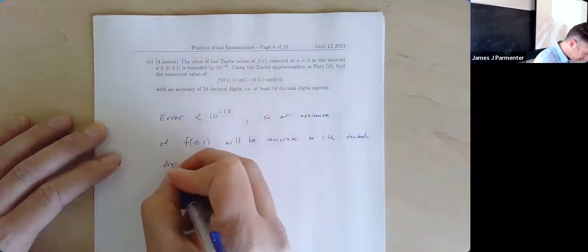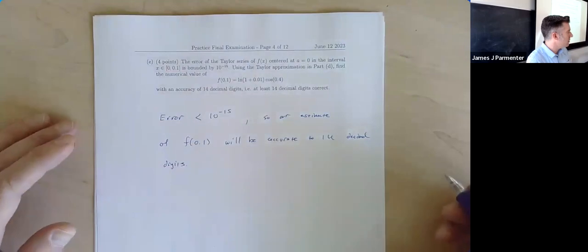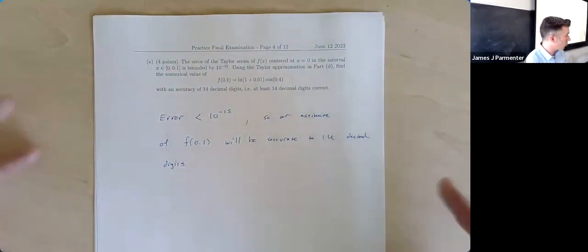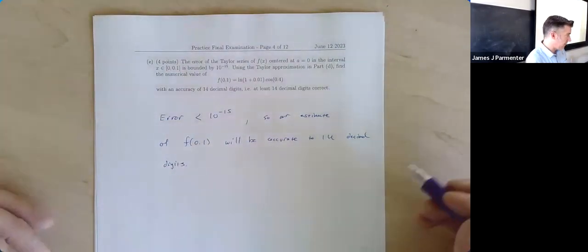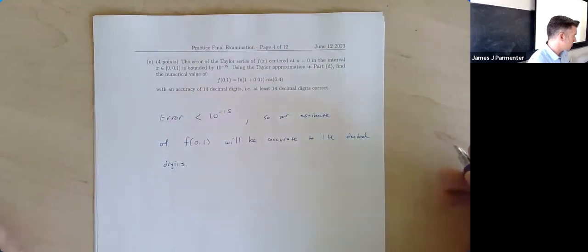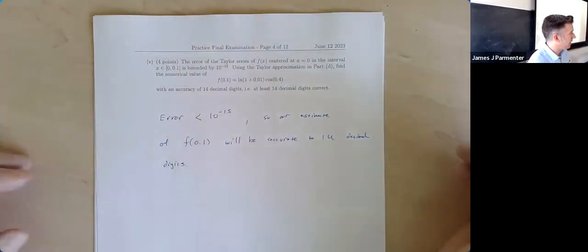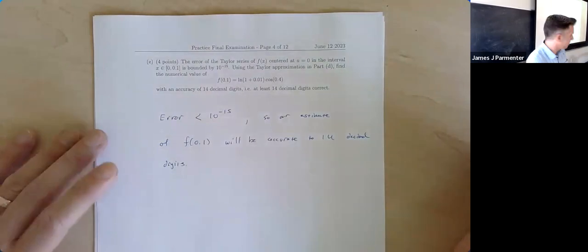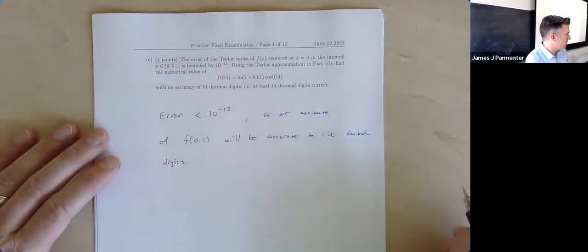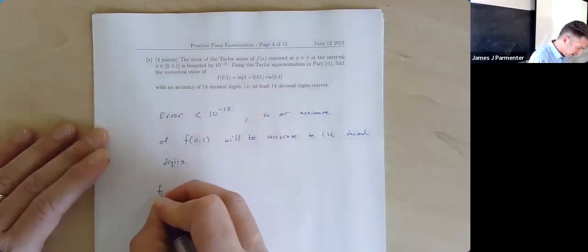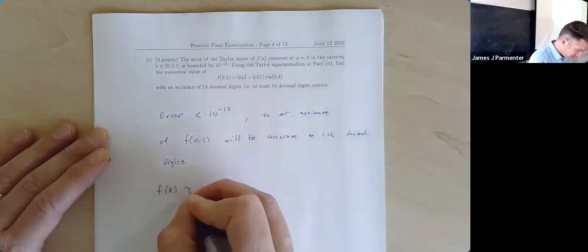I will say, with how much space is provided for this problem, it makes me feel like he wants you to write some words here and not just do f of 0.1. Again, I'm not a mind reader. I don't know exactly what he wants, but it feels like there's more to this problem than just saying, oh, well, our f of x last time is approximately,